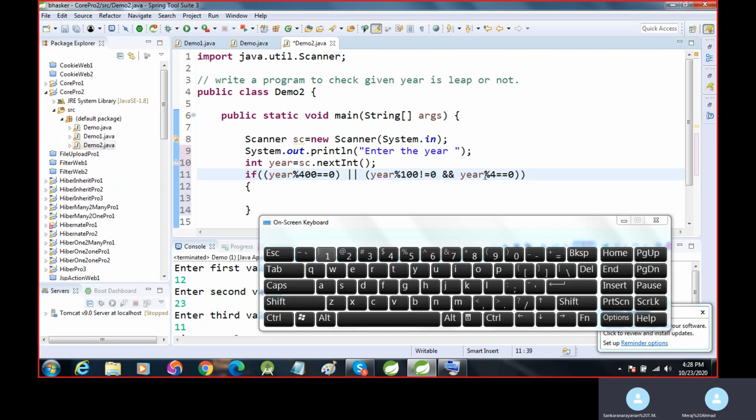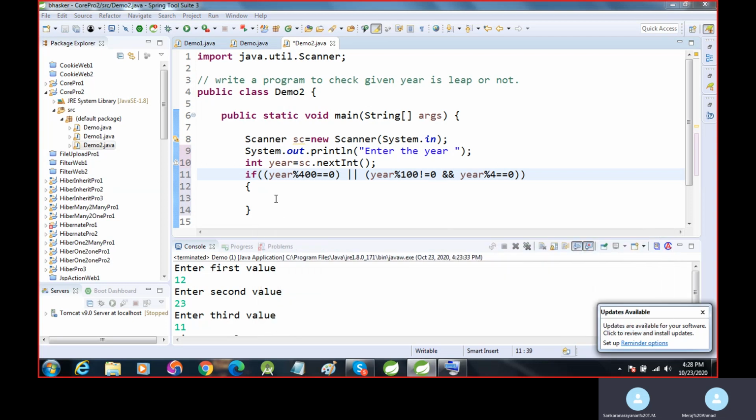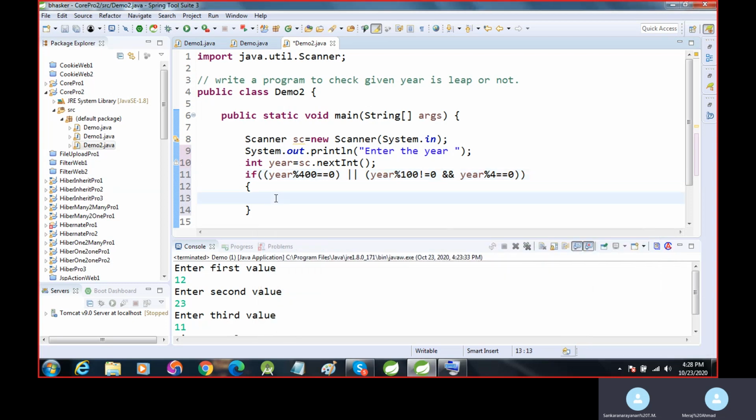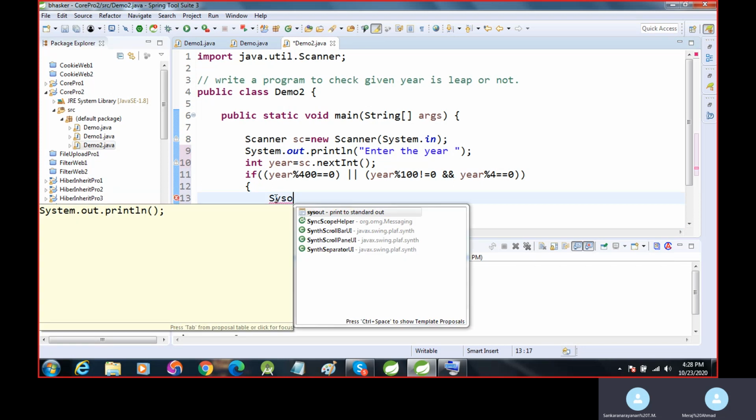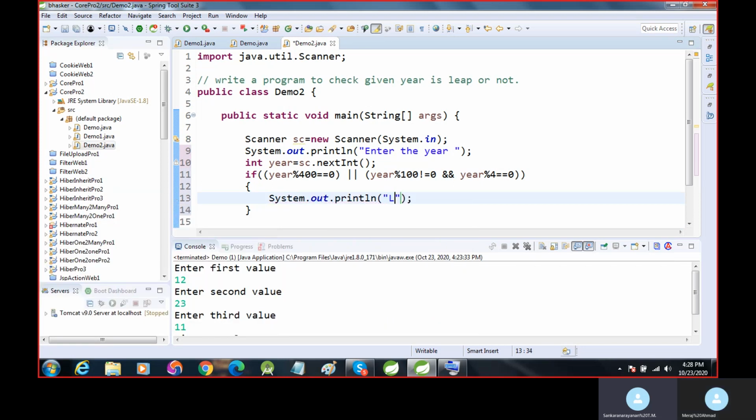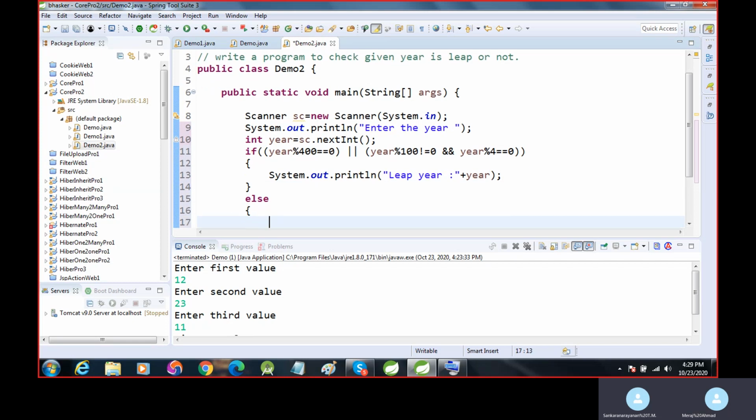Not equal to 0 and year mod 4. If it's true, then else.